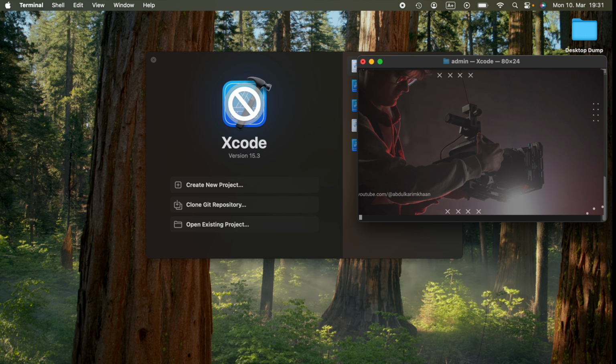So you can also use this command, I'll add it in the description. You can use this command to launch Xcode 15 series on